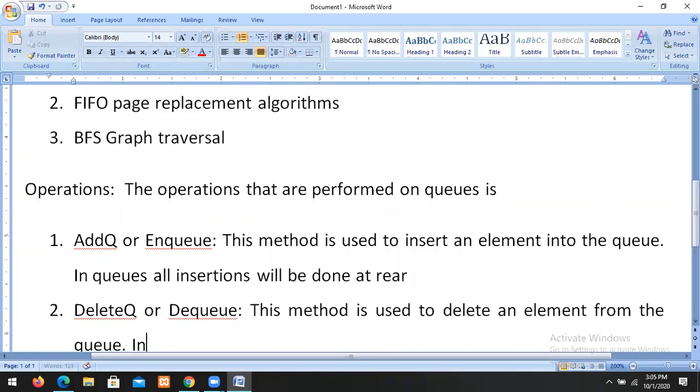In queues, all deletions will be done at the front. So we have the operations: add queue, which is used to insert an element into the queue.